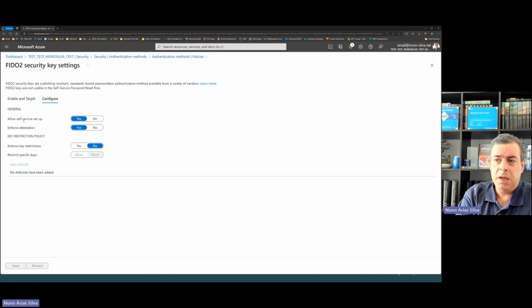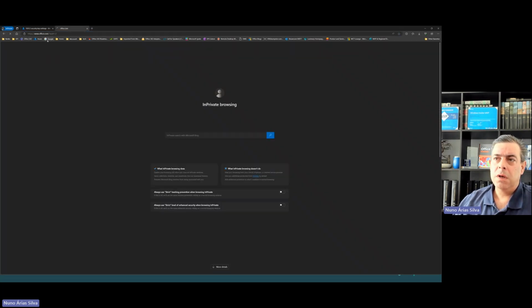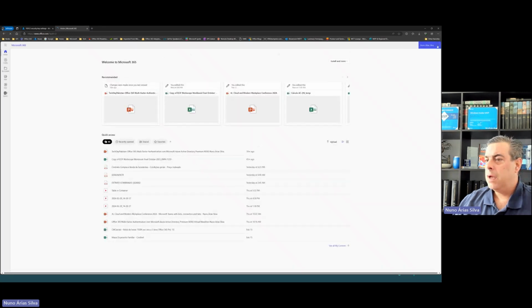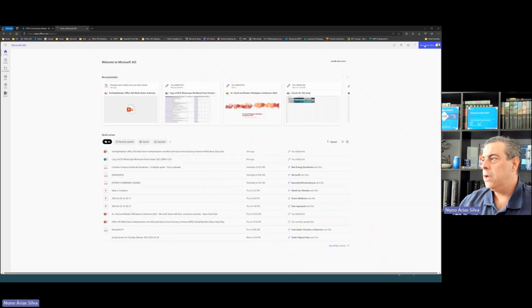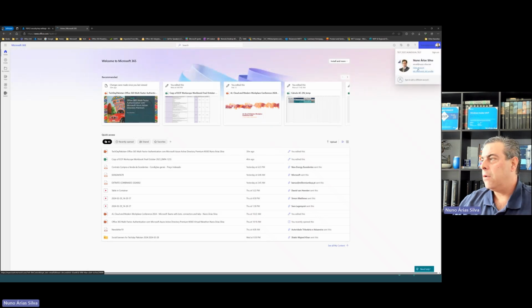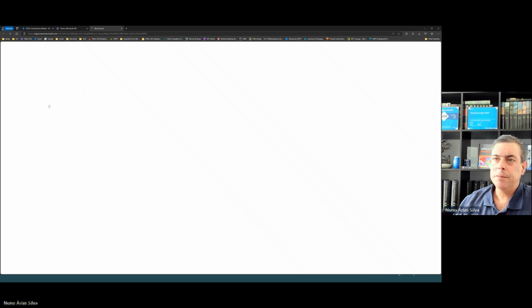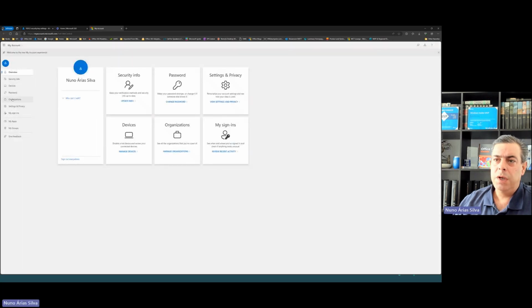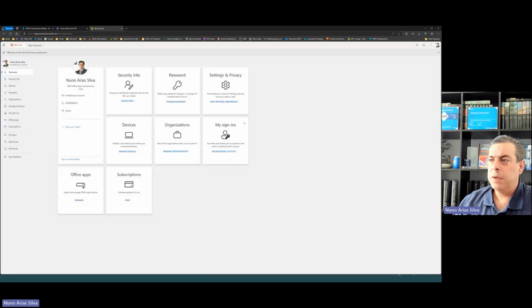You just deliver the key to the end user and they can use it. Okay. If I go through my Office account, and within here my account, I will go through the part of the security information,